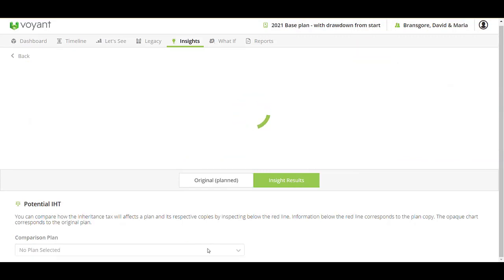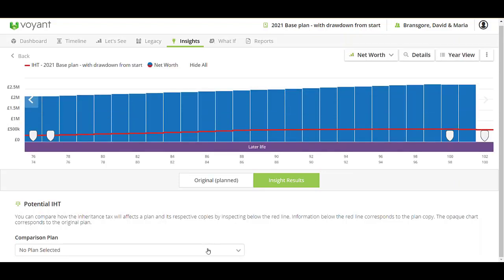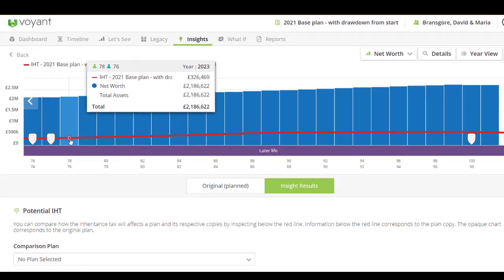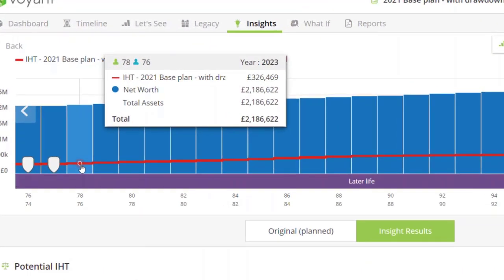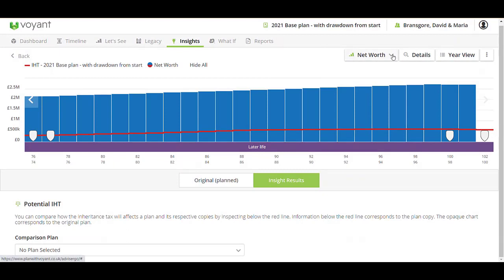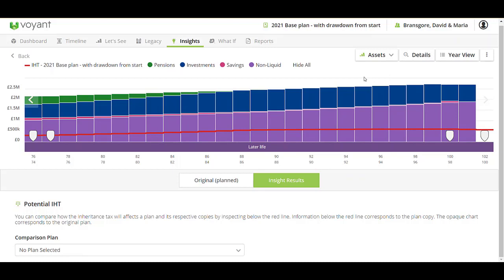So this is the potential IHT liability for every year in the plan, based on the assumptions that we've factored in. And the red line is showing you the potential IHT liability. So if you hover over any year, the box will pop up, give you the projected IHT liability, and it's overlain on the net worth chart. You can change the chart if you'd like to. You could, for example, use the assets chart to see what assets they're left with in the plan. If you want to focus on the IHT liability itself, you can click Hide All